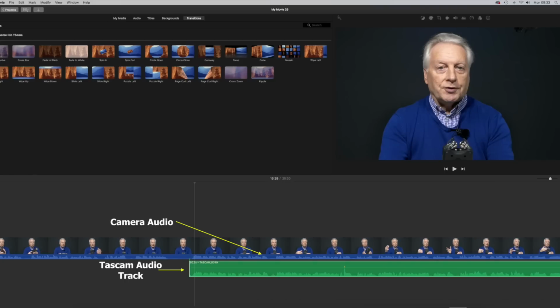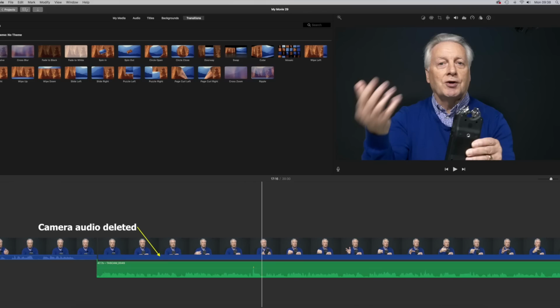But then you will import that audio track into your video editor, use the camera audio track to align the audio from your camera to the audio from your device, and then you can actually get perfect lip sync. Once you've done that, you can actually delete the camera track and then lock the audio track from the external device to the camera video, so you've got perfect sync throughout the video. Then you can do your normal editing. So these are useful if you haven't got the facility of a good audio external microphone. Keep these again close to your talent so you can use them to gather good audio.